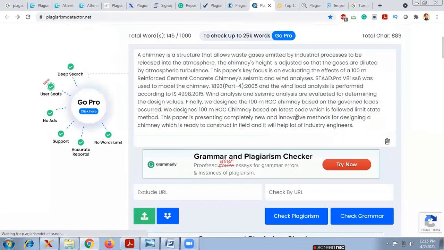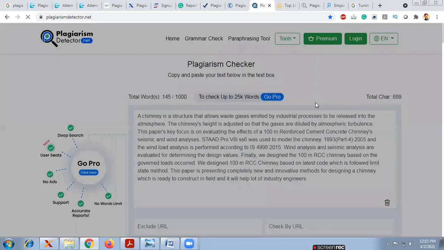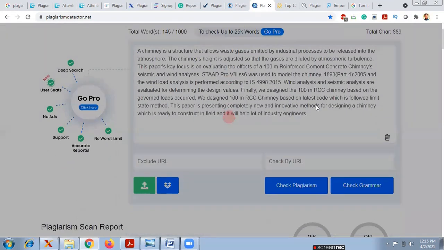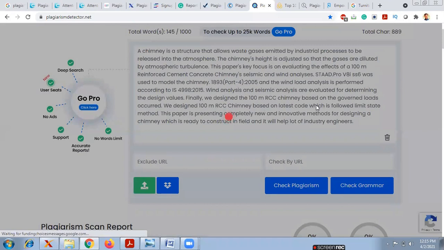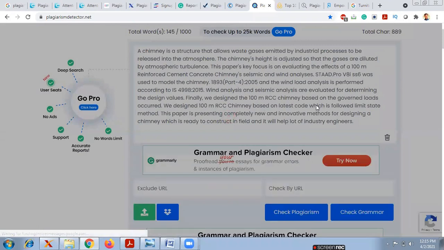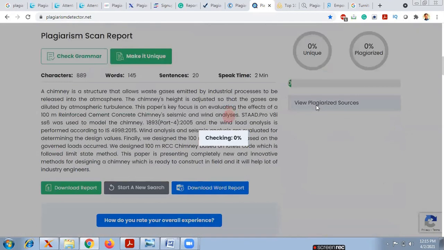So now I entered here some text, and it will scan your text and it will give you the plagiarism report, how much it is unique and how much it is copied. So like that, if you observe here, the characters are 889, total words are 145, and the sentences are 20.